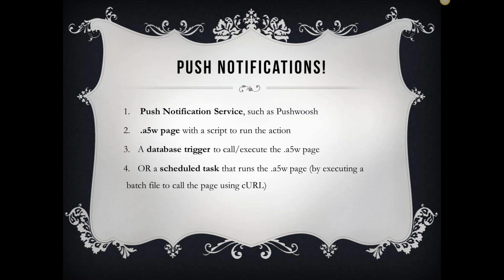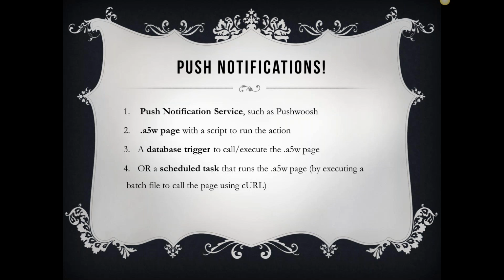What you have to do is set up push notifications, which can be triggered by running a scheduled task or a database trigger that then executes a web page that calls the service. So you need multiple things to do this. One, you need a push notification service such as PushWish, which we have integrated into Alpha Anywhere for mobile applications. But some services also provide a REST API, which you can call to trigger those exact same notifications to the mobile device. In addition to that, you need the code to execute that call somewhere, either in an A5W page,